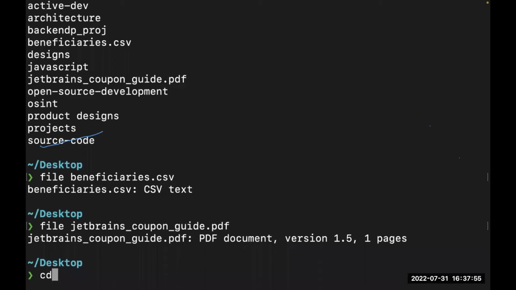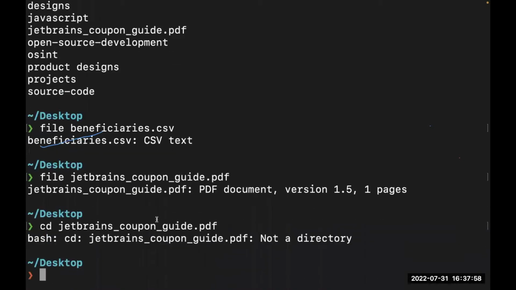So for example, I use cd and I say JetBrains. You see, it's going to tell us cd, this is not a directory, right? I'm sure you can see that this is not a directory. So that's the error we get. And it has done a very good job of telling us you're trying to use the change directory command. Unfortunately, you're not using it on a directory. Instead, you're using it on a file, and it won't work, right? But if you want to always test before accessing these things, you can just say file and then put in the name of that file.